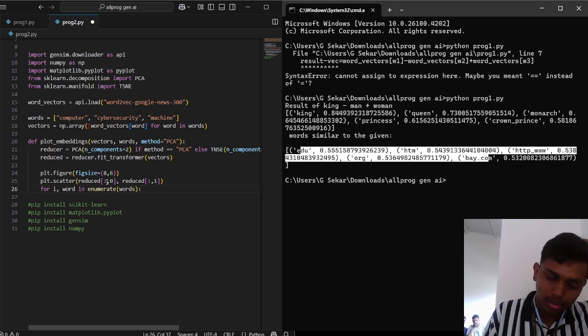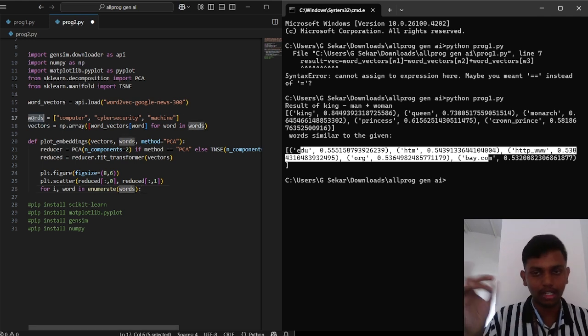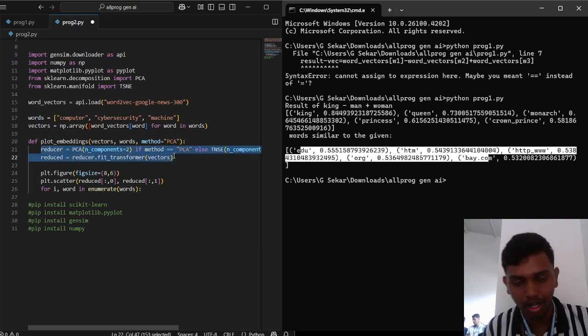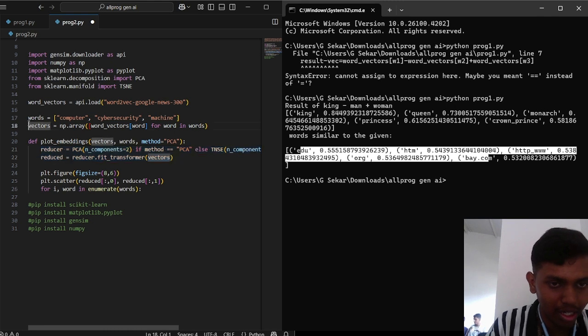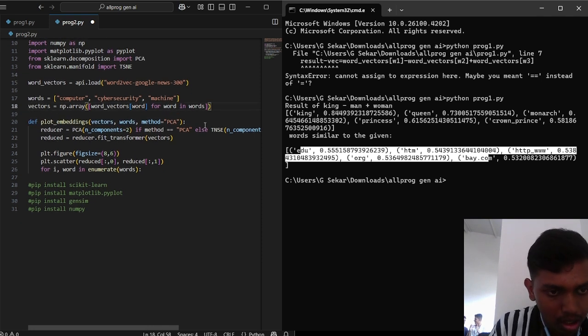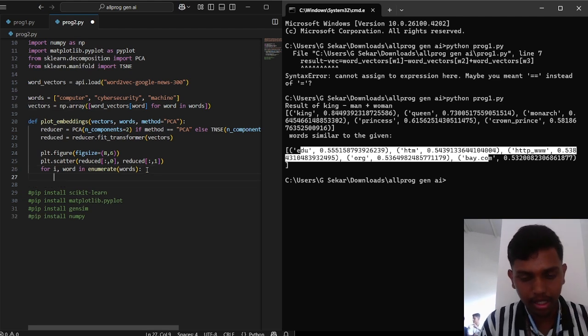So now it's just a basic for loop where i will be the index, and it will store whichever is there in words, which means it will iterate and go back to the same logic over here and start applying the logic we have done. Oh, one more thing, I have not mentioned it over here. I guess I made a mistake. For loop started. Now I'll put plot